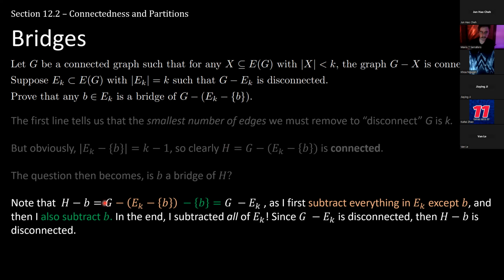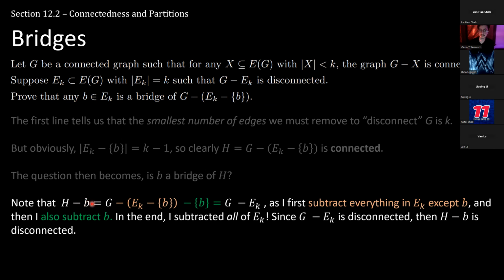So here I have G. H is equal to this. We already said it, so I expand it. I have G, and I take away everything in E sub k except B. But then I also take away B. So if I take away everything in E sub k except B, but then I also take away B, in total, I've taken away everything in E sub k. But I said that G minus E sub k, if I take away everything in E sub k from G, then I get something disconnected. So this is disconnected. So H minus B is disconnected, which in turn means that B must be a bridge